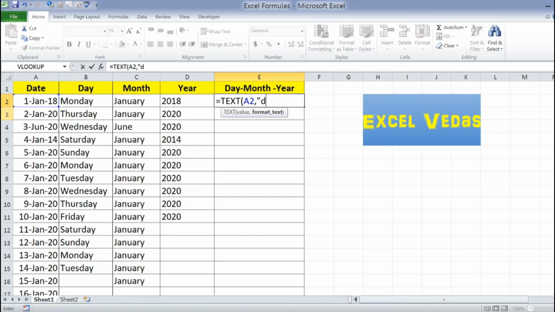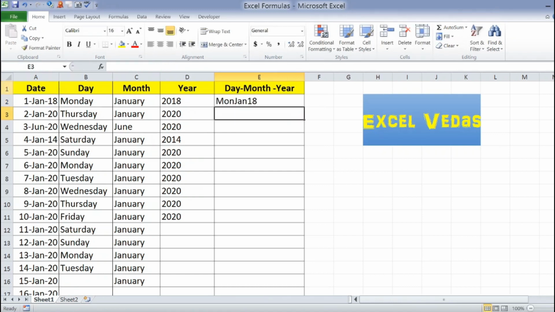So let's press d. I want only the short form of the day, so I have given 3 times d, and I want the month as well, also short, so I'll give 3 times m, and for the year I want the short form, so I'll give 2 times y, inverted comma, end bracket close.